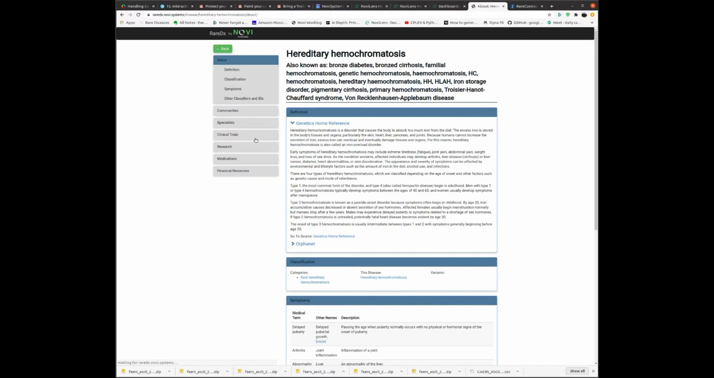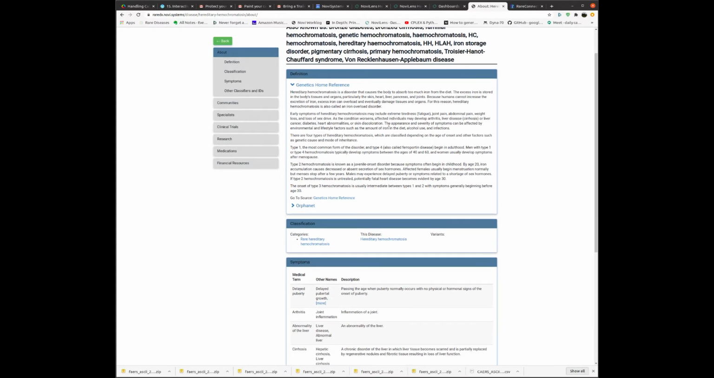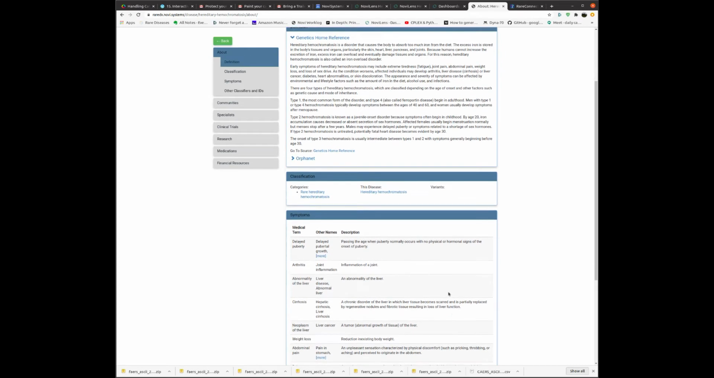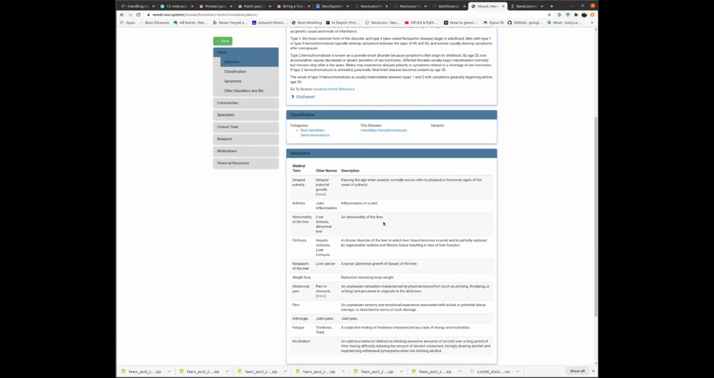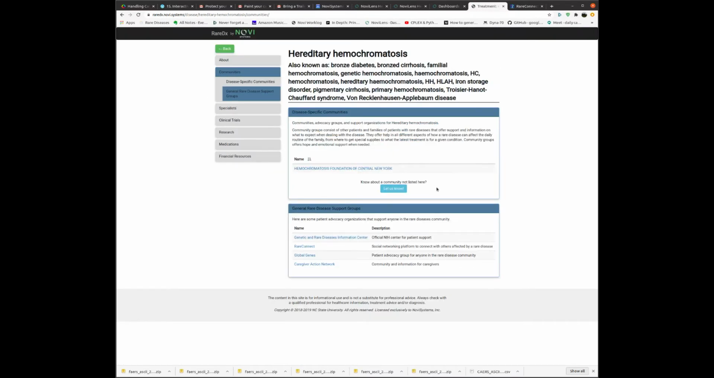So if we go to the page for hereditary hemochromatosis, you could see the sources that talk about the reference, the classification, and the symptoms. Now, again, using machine learning, the machine understands what the symptoms are and is able to talk about and collect information around the disease. So we can search for communities and find communities that are associated with, in this case,